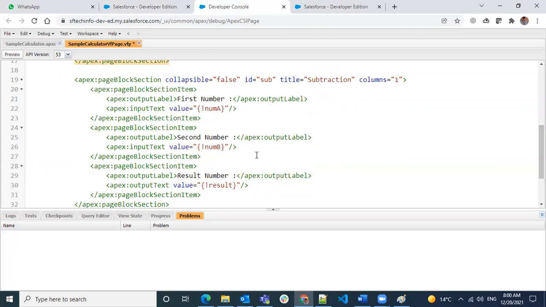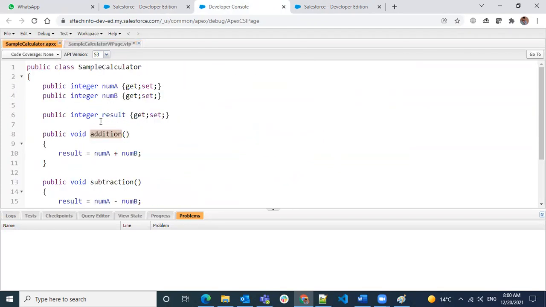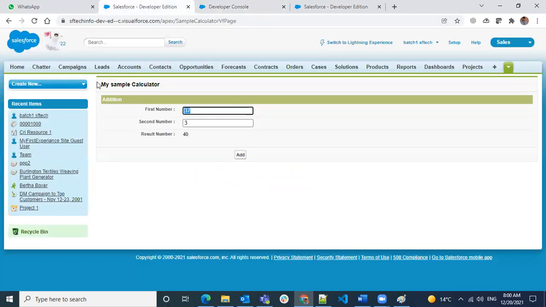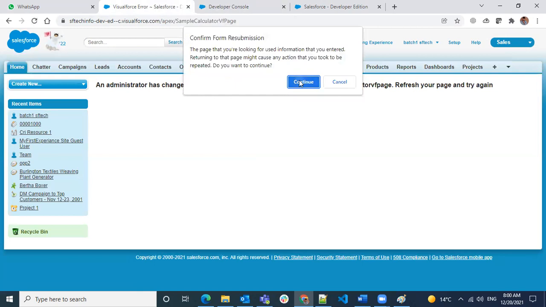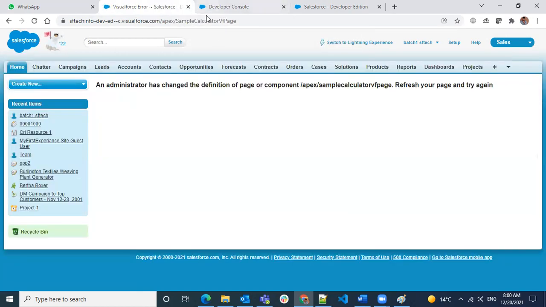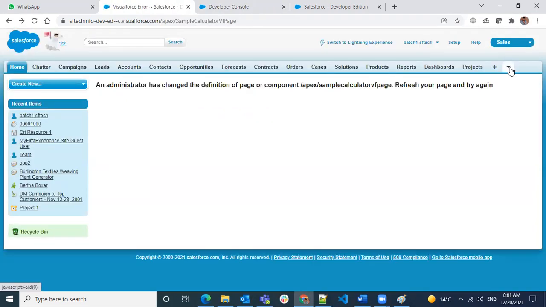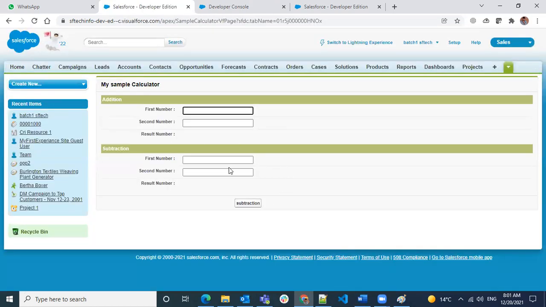Okay, I'm going to use the same numbers again, but this time I'm going to call another method called subtraction, and the value should be subtraction. Okay, so now